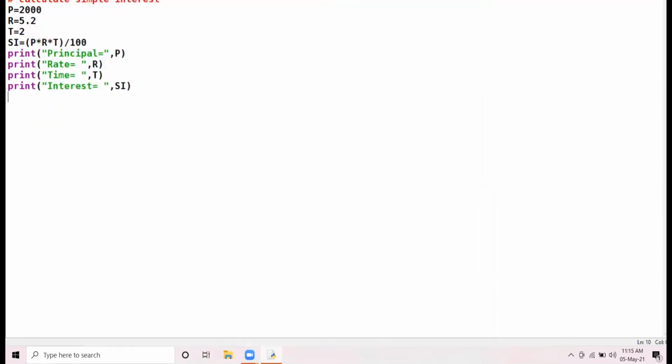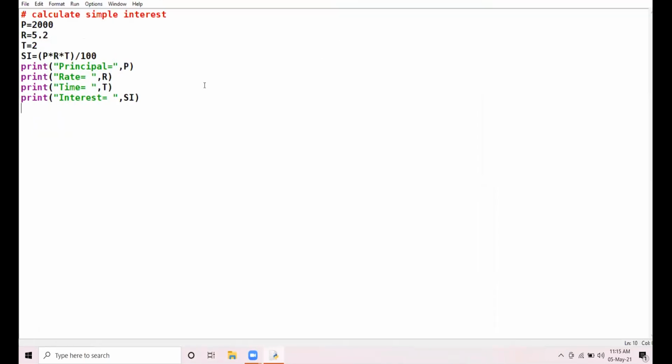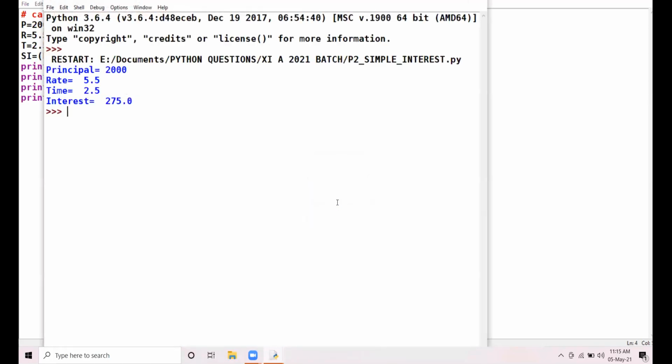Now, suppose I do floor division here. I take rate as 5.5, time as 2.5 years. I am changing the rate to 5.5 and I am taking time as 2.5. The output is 275.0.